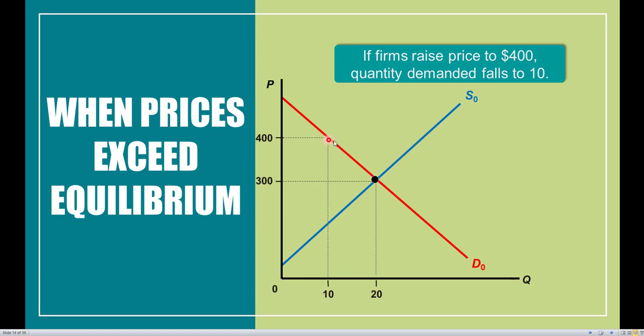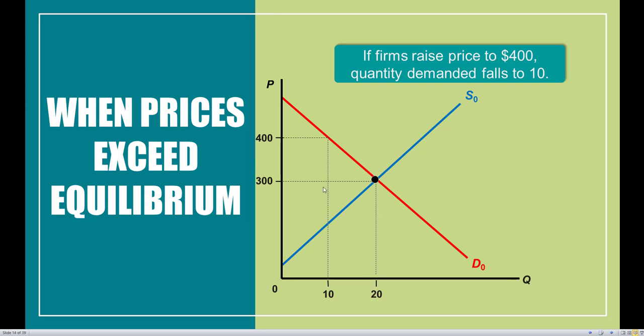Prices are very high, so consumers are actually only demanding 10 of these units, even though the marketplace is supplying a lot more than 20 units, more than these 10 and 20 units that we see right here. So in this instance, we are constrained by how many transactions are taking place within the economy. Because consumers are only demanding 10 of these units, only 10 of these units are being sold as well. This is far below the 20 units that we had in equilibrium.